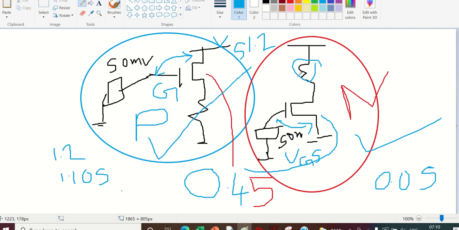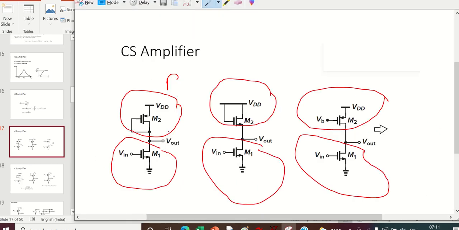We are replacing this resistor because we want high resistance. Okay, if this resistance goes higher, the drop will increase. So I don't want a high drop, but I want high resistance. So we are replacing it with a transistor, and transistors can be used in multiple forms. It can be diode connected, or a normal transistor where we keep some bias voltage and make it go into the saturation region.